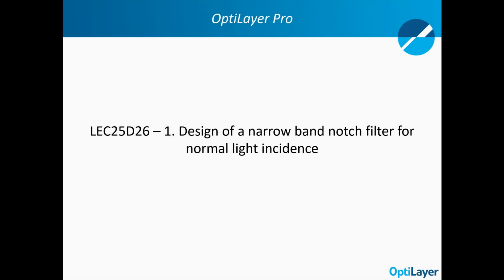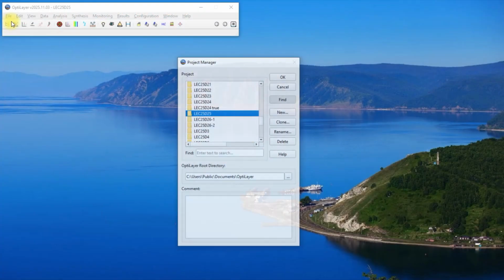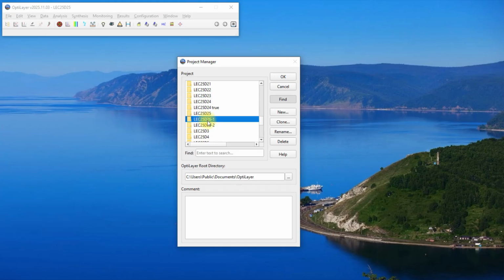The purpose of this example is to demonstrate the use of the Rugate synthesis option for the design of rugate-type coatings, i.e., coatings with a continuously varying refractive index profile. In the File, Project menu of OptiLayer, open the directory